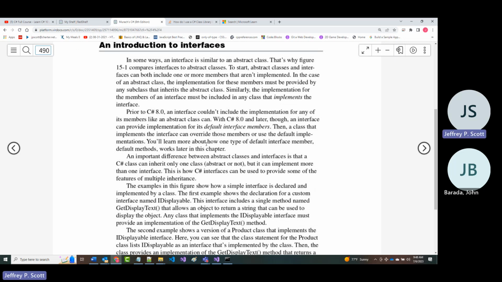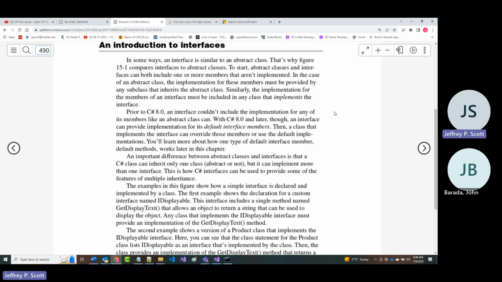So in some ways, an interface is similar to an abstract class. Both of them can include one or more members that are not implemented. In the case of an abstract class, as it says, the implementation must be provided by the subclass. And then it's similar with an interface.